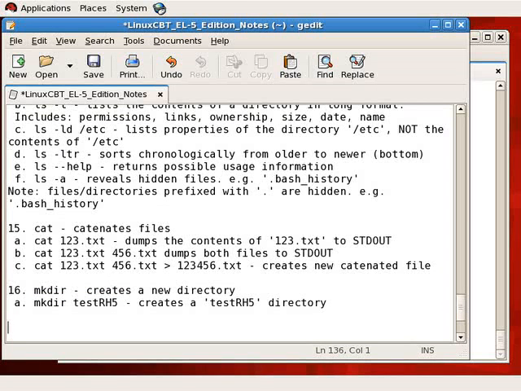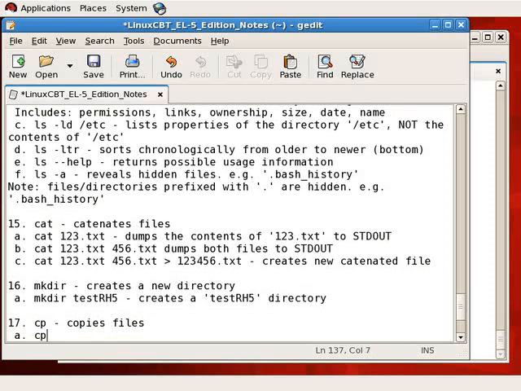Directories are files that are containers for other files. So within test_rh5 we can create files. Now what if we wanted to copy items into test_rh5? Command 17, cp. Instead of copy as you may be accustomed to from Windows, cp is the equivalent. cp copies files. So, for example, cp